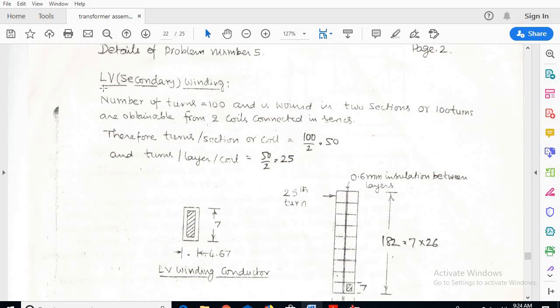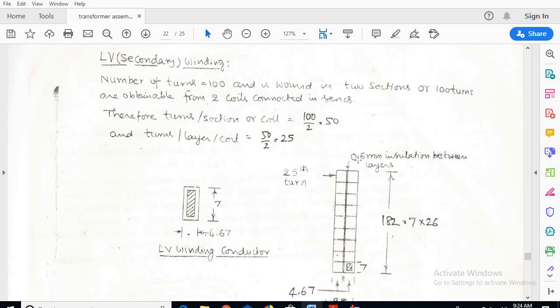You can see the LV section: the winding conductor is 7 and width is 4.67. Here 0.6 mm insulation between the layers, and the height of the winding is 182.